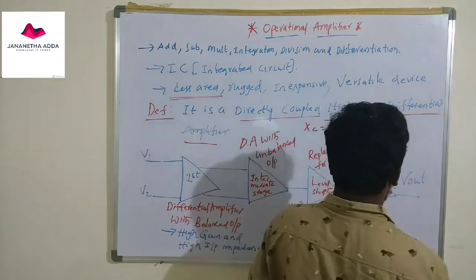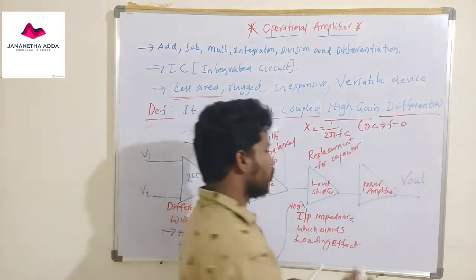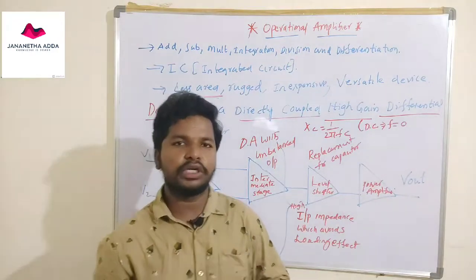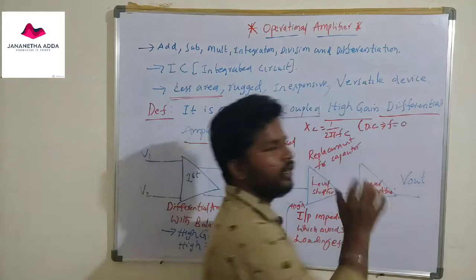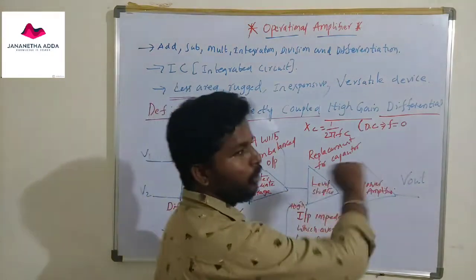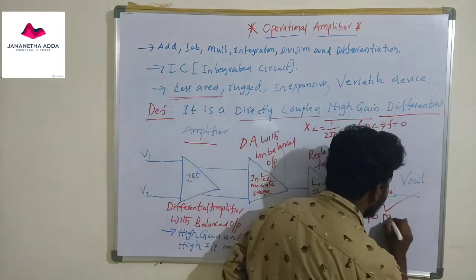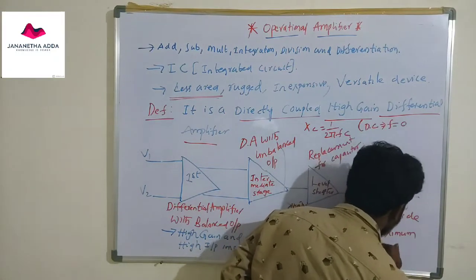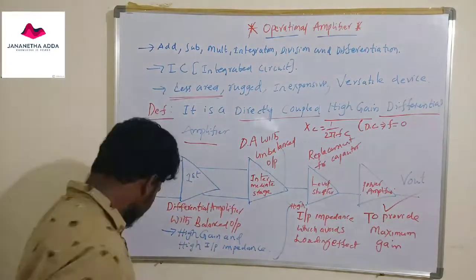Also, the power amplifier is used to provide the maximum gain. It is used to match very low impedance devices like a speaker. Mostly the speakers possess 5 ohm to 10 ohm impedance. So this power amplifier is used to transfer the maximum information to the load, because of the functionality it provides, the maximum gain.